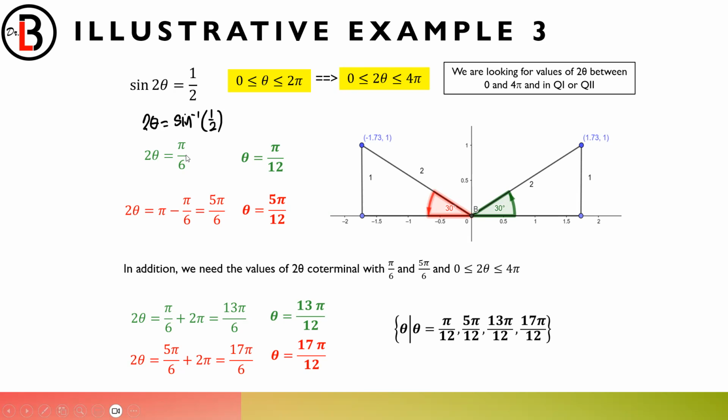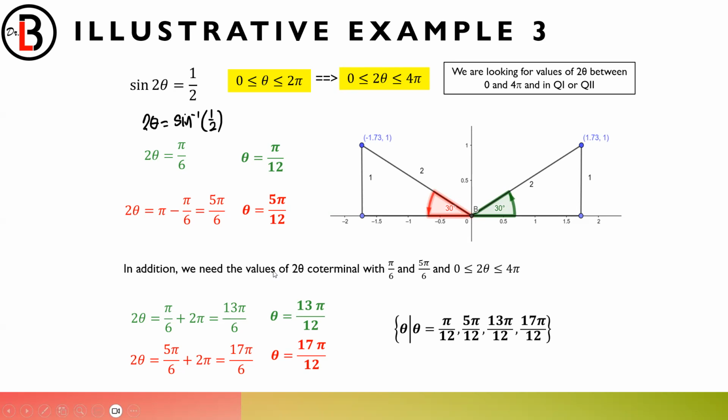where else will sine be positive? Isn't it that in the second quadrant? So 2 theta, second quadrant here is pi minus 30 degrees, or pi minus pi over 6, is basically 150 degrees, or 5 pi over 6. So that means for one whole revolution, in the first quadrant and in the second quadrant, I'd be getting positive answers, right?